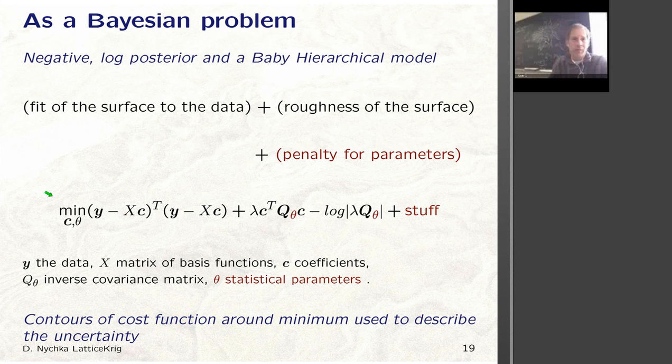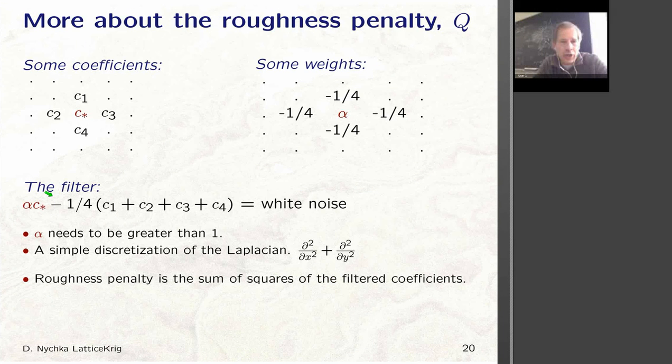A few of their properties. The Q matrix is a precision matrix, and so we're going to describe what Q is in a backwards kind of fashion. Here are our coefficients sitting on the lattice. So in this case, we're actually taking the lattice literally as spatial locations. This center value, we're going to say the distribution of this center value is found in the following way. We take the nearest neighbors and we apply weights to all the nearest neighbors. So we basically take the weighted center point,